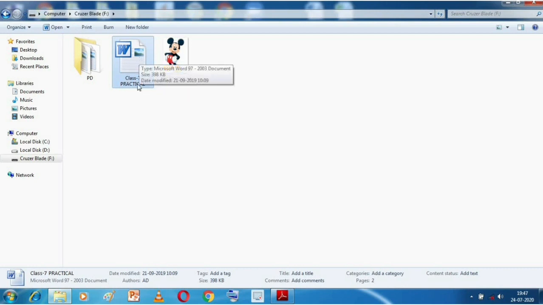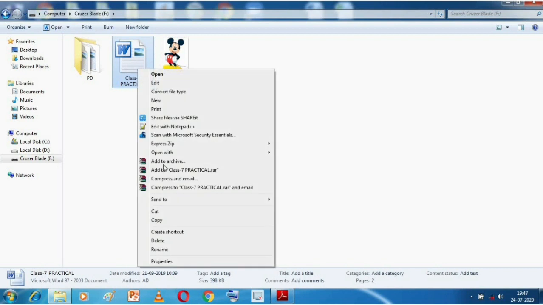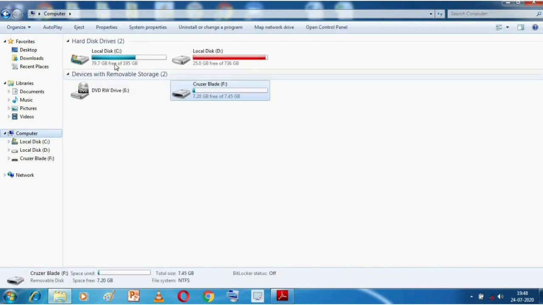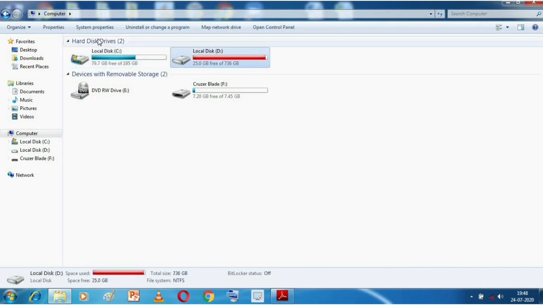I will select this file, right click on the file, and then click on the copy option. Now again I'll go to the computer. From this left hand side also, you can go to the computer. Now there are two drives in my computer, C drive and D drive. Suppose I want to copy my data to the D drive.